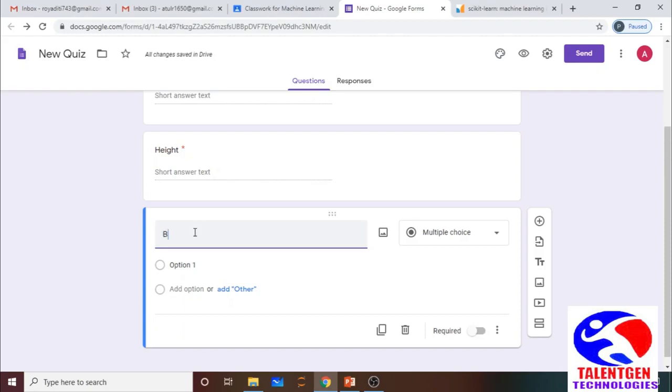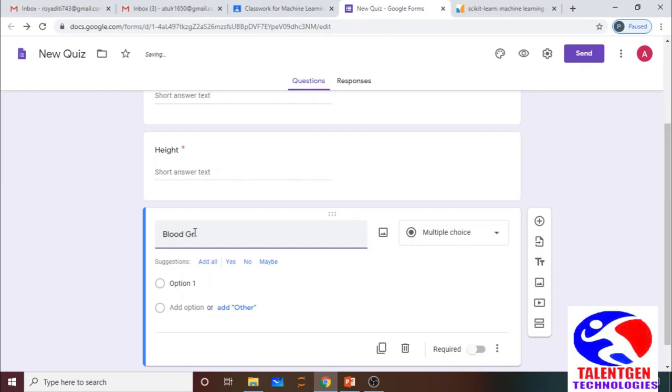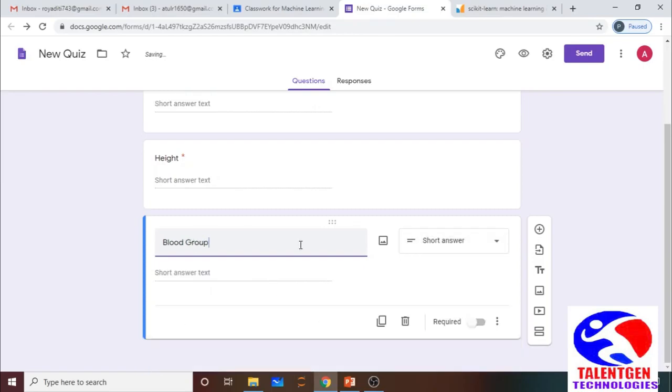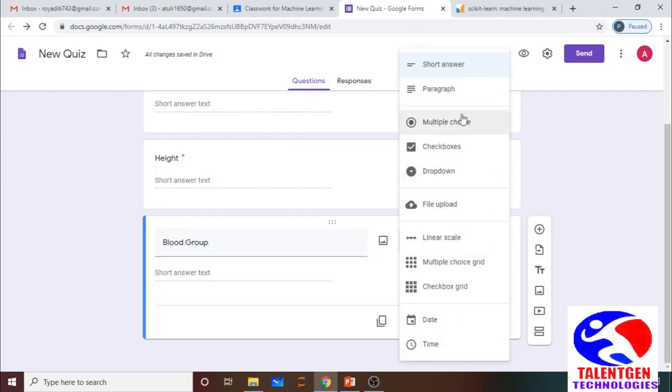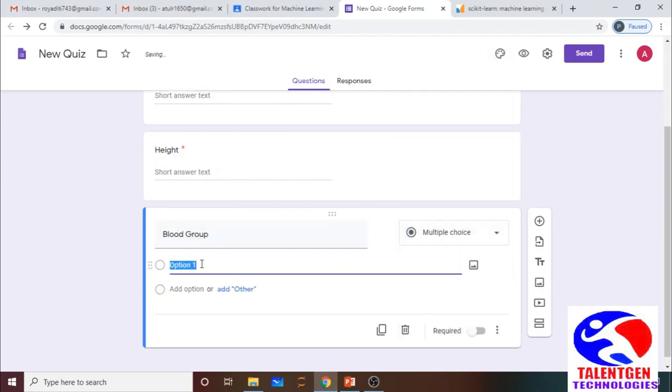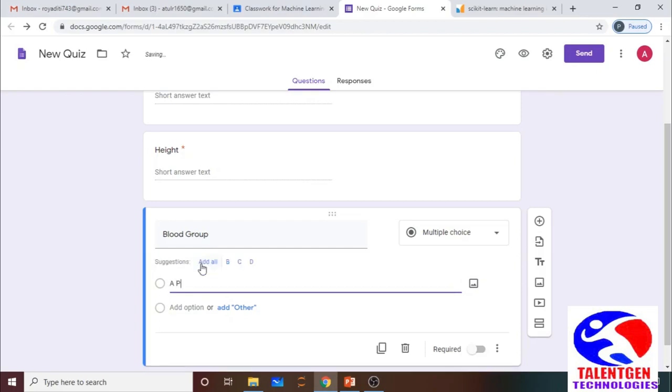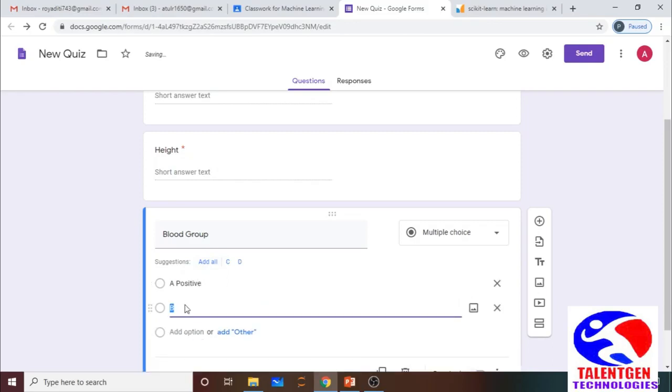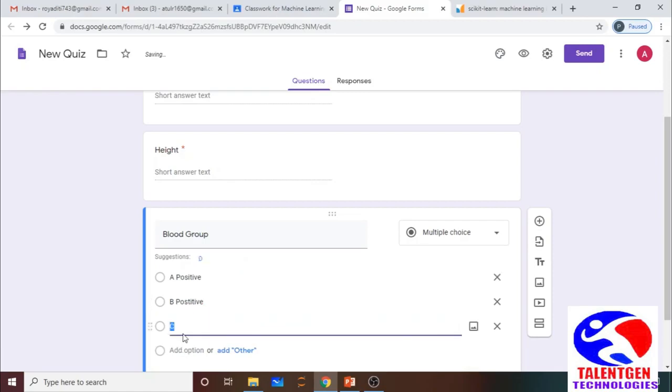And the next question is the blood group. There I can give some multiple choice options. A positive, B positive, AB positive.